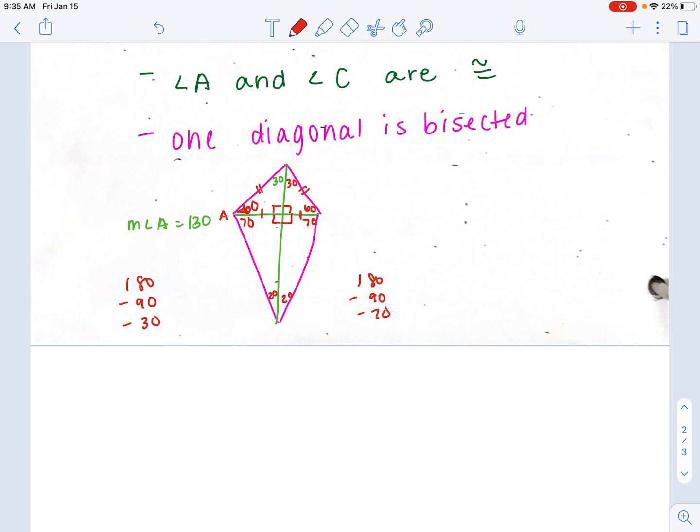We also know that this is going to be the same as this. These two sides are going to be congruent, and these two sides